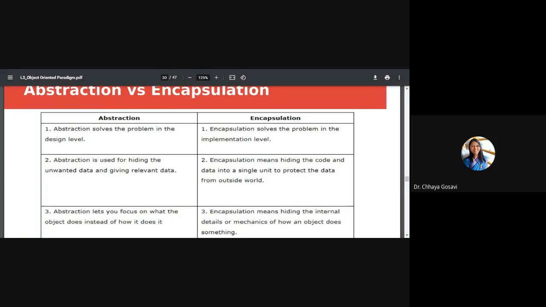That should be hidden from the user. So abstraction is used to hide unwanted data and give relevant information. What is encapsulation basically? Encapsulation means hiding the code and data as a single unit. It clubs data and functions as one single unit, and it protects it from the outside world.